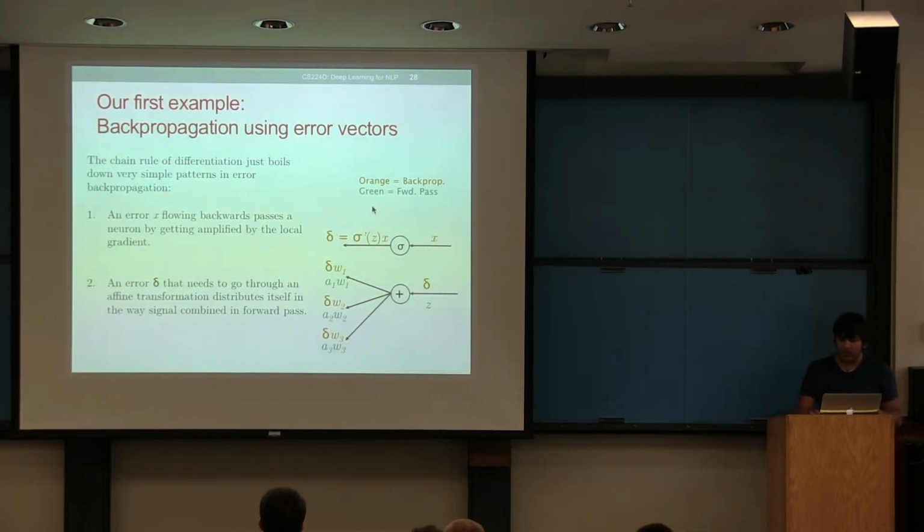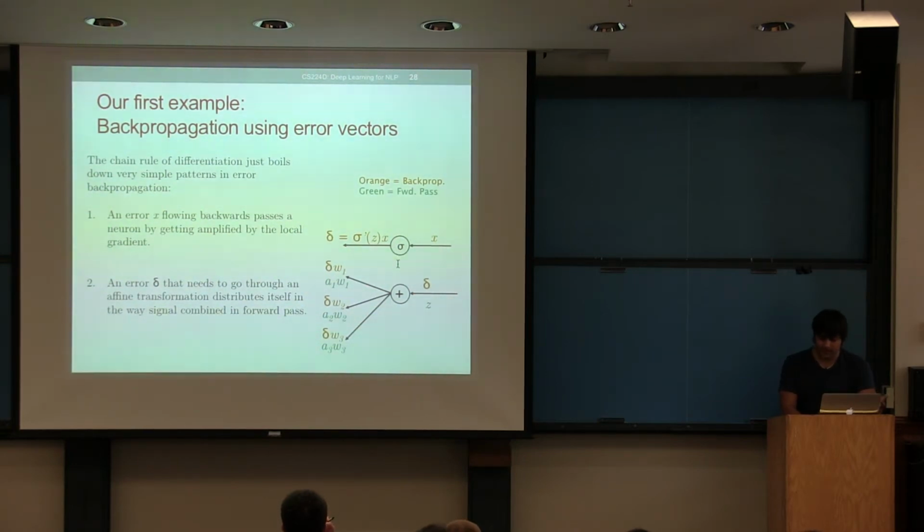If you were to do backpropagation using error vectors, you'd basically need 2 different patterns. The first is, if you're receiving an error into a pointwise nonlinearity, or even a linearity for that matter, anything that's doing a pointwise application on your signal in the forward pass, or the error in the backward pass, if the error coming backwards was x, you'd get the sigmoid derivative times x going backwards. This is just a rule, and we actually did this in the chain rule method as well. It is just a result of the partial with respect to the sigmoid.